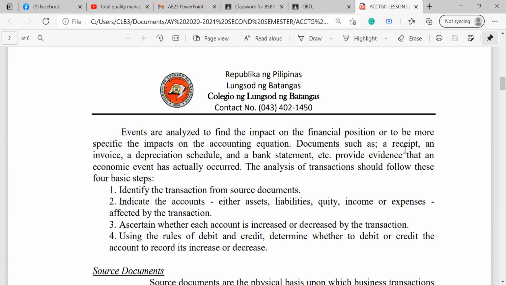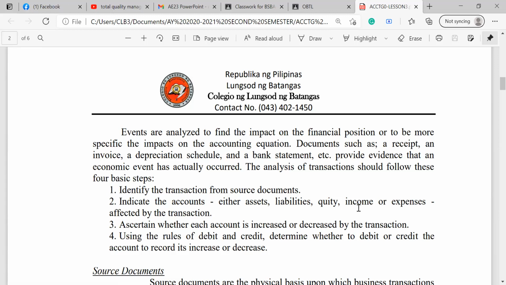So, yun nga, yung mga source documents na nagsiserve as evidence. Titingnan mo yung mga documents na yun, so that you will have an idea what kind of transaction has actually occurred. Okay. Once you identify na yes, there is a transaction, there is a source document supporting the transaction. Second thing is you indicate whether the accounts affected are assets, liabilities, equity,